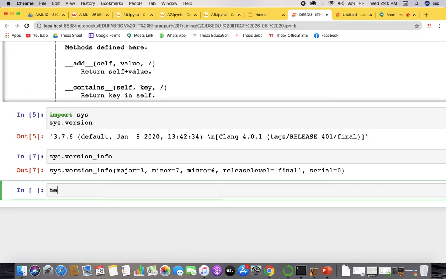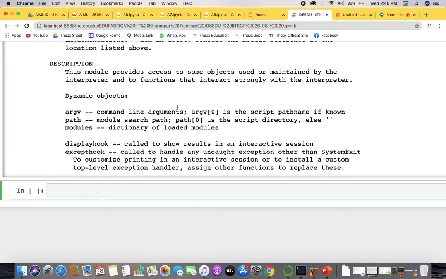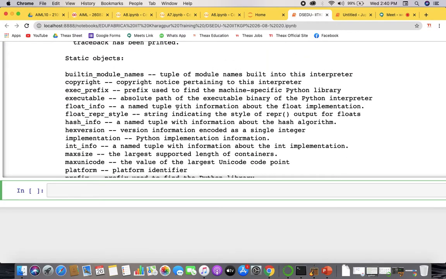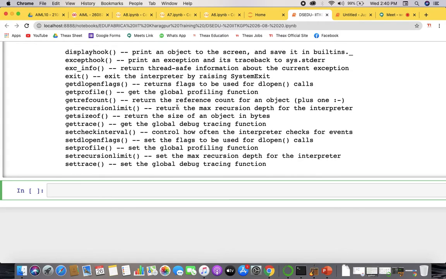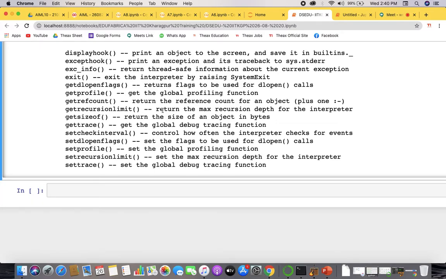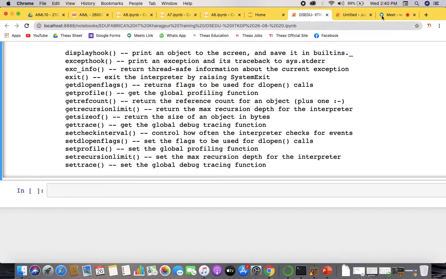For more detail on what sys does, just write help and you will get the details. There are built-in methods for sys, right? Many times we use getsizeof, which returns the size of an object in bytes, and this is used specifically many times. We'll see how we use that.